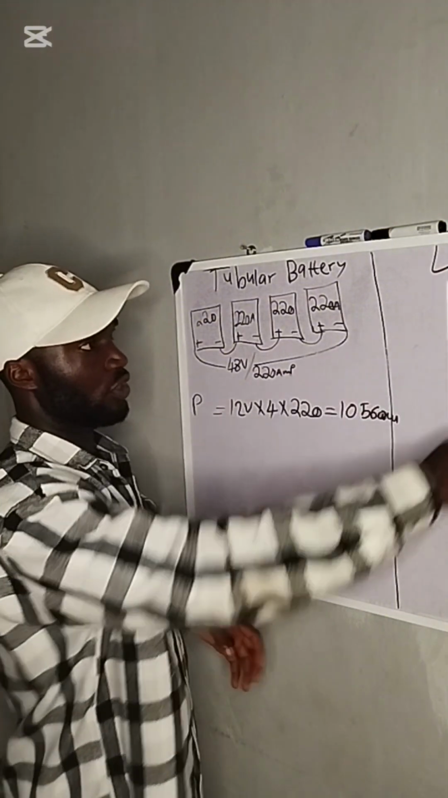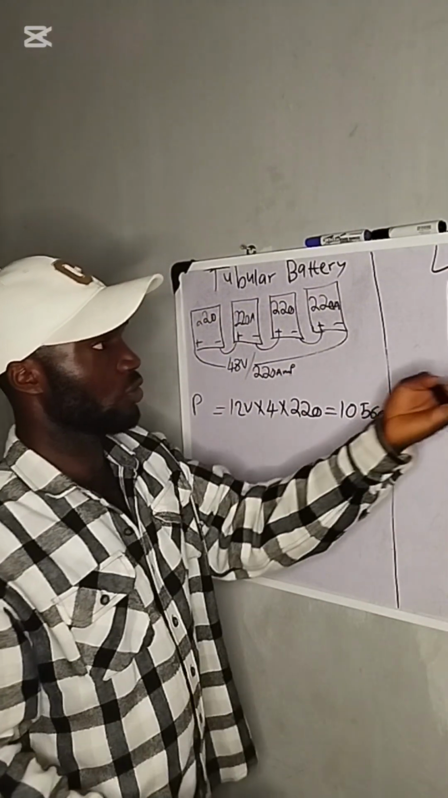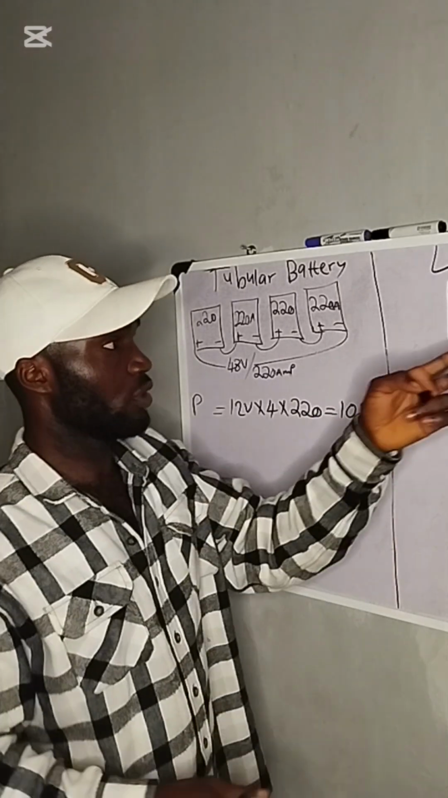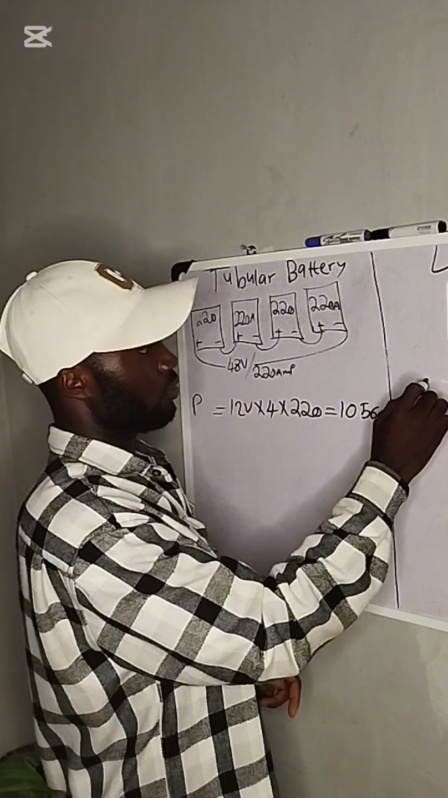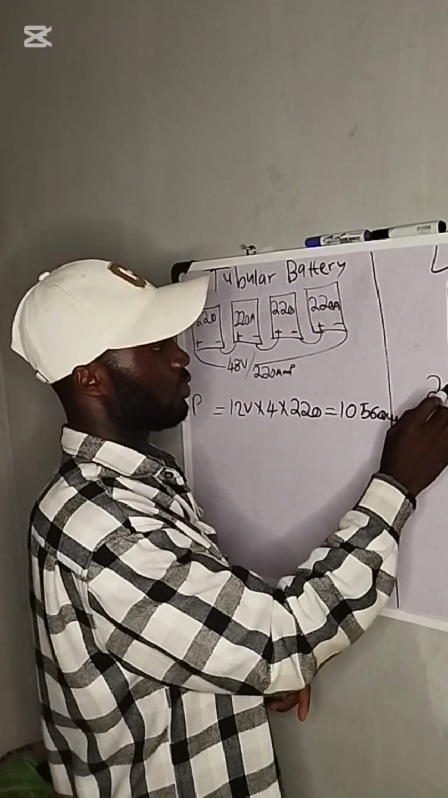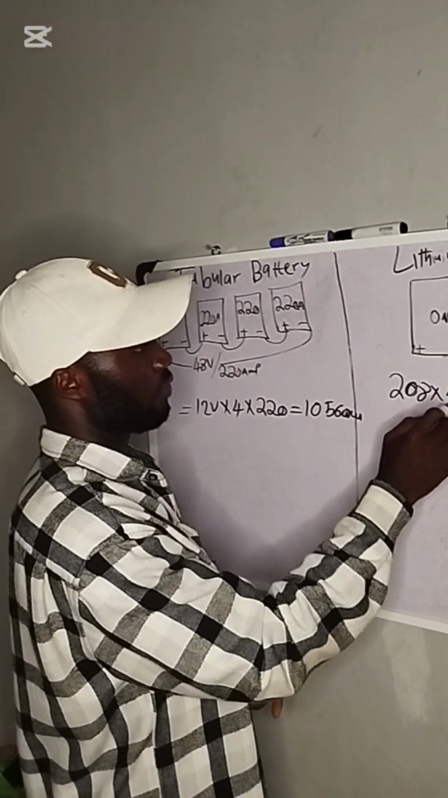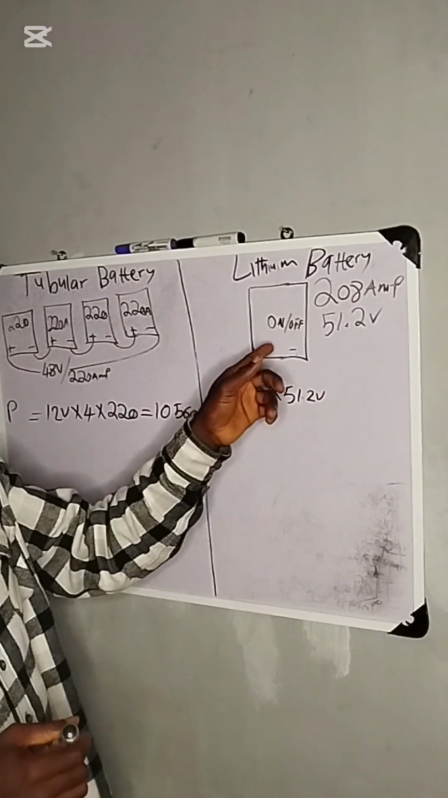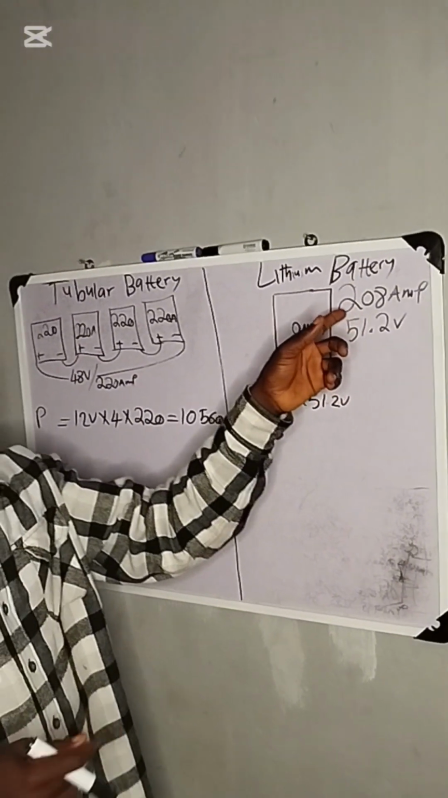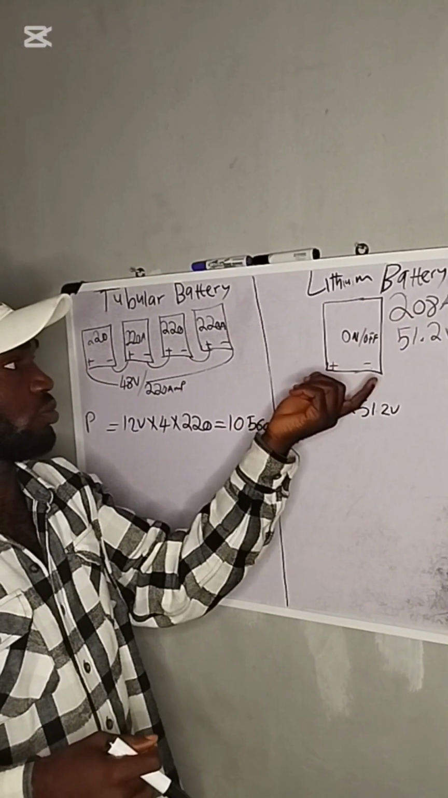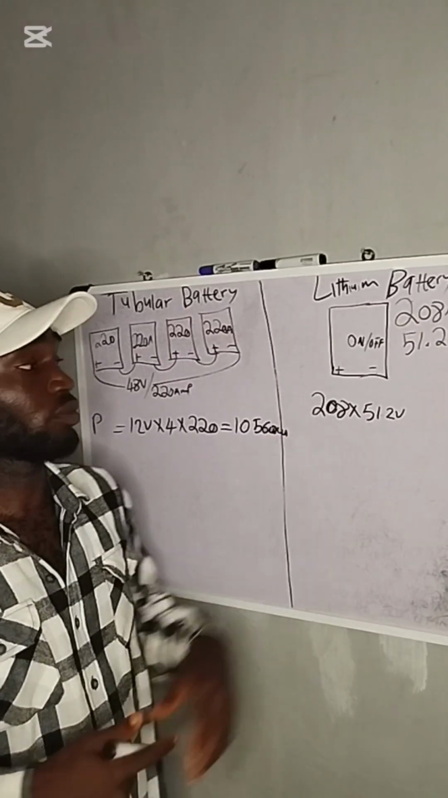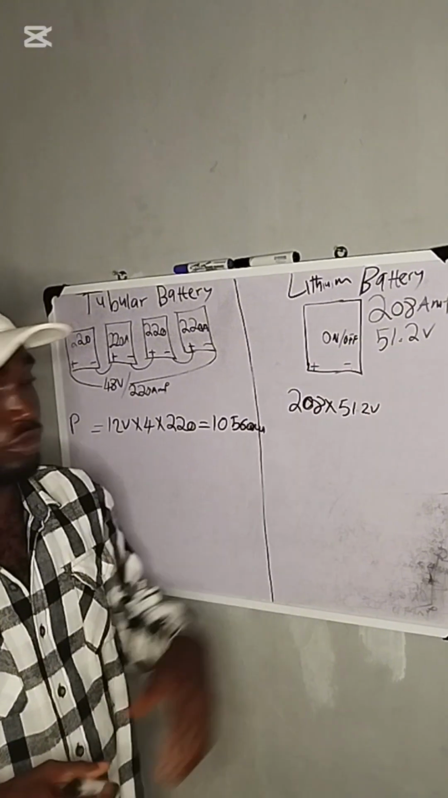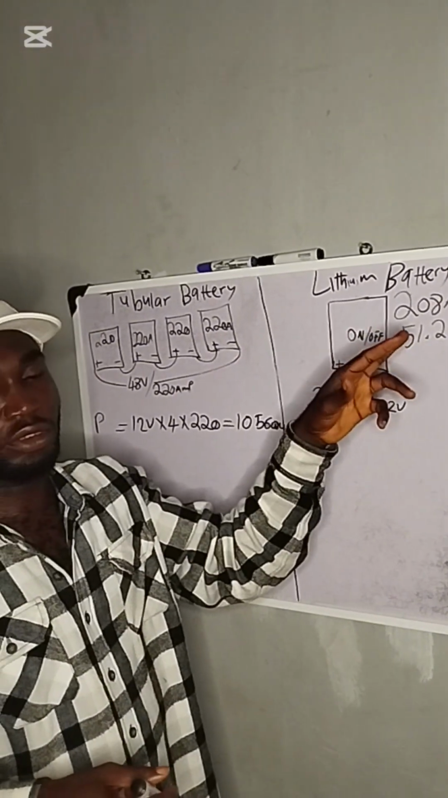So when you cross-check the total voltage of this lithium battery, you'll be getting 208 amp times 51.2 volts. The nominal current of this lithium battery is 208 amp, while the nominal voltage is 51.2 volts. So how we come about this is